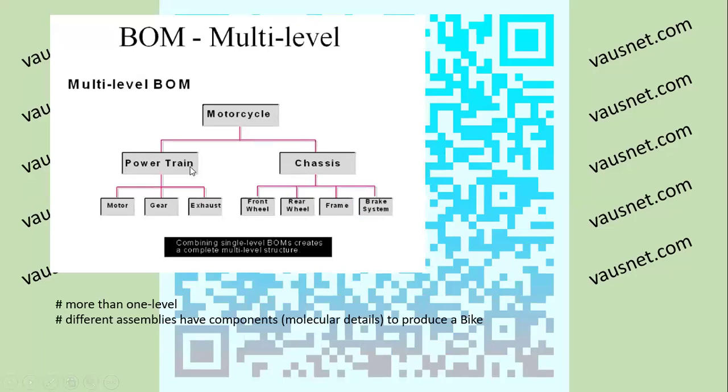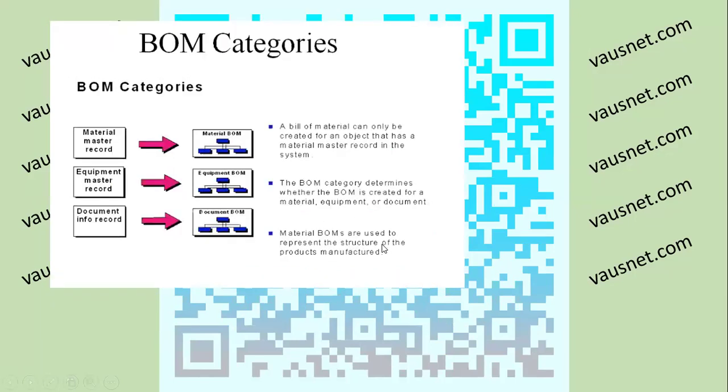Multi-level, it goes into molecular details. It has multiple levels. Different assemblies have components to produce a bike. The categories that we have in bills of material: we have the material master record, which will create material bills of material; the equipment master record will create equipment bills of material. The document info record will have a document blueprint to create a machinery or a structure of a building, whatever